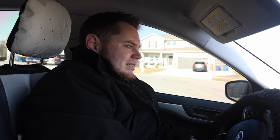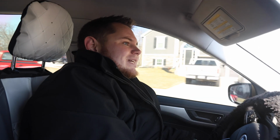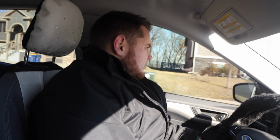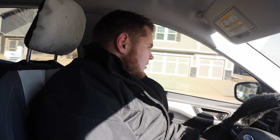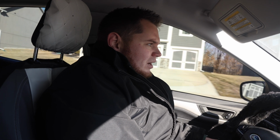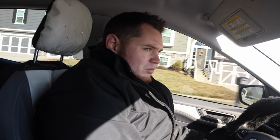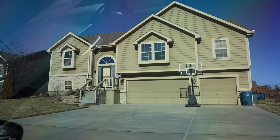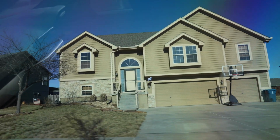It's easy. It's one of the top neighborhoods in Kearney, but there is a ton to offer. There's a ton of different homes. You get a ton of different opportunity in here. New houses are going up all the time, and you've also got this bigger side of the neighborhood that helps if you've got a bigger family or you just want a bigger home. There's still something in here that we can find for you as well. And you've just got a ton of different options. There's different